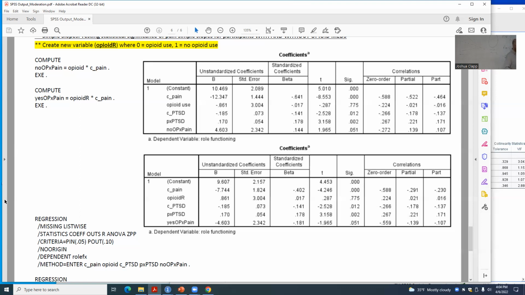This is weird because usually we don't have someone who's not using things. I just sorted opiate use and then pasted in zeros for everybody who was using opiates and ones for people who didn't. If you encode it in syntax, it just